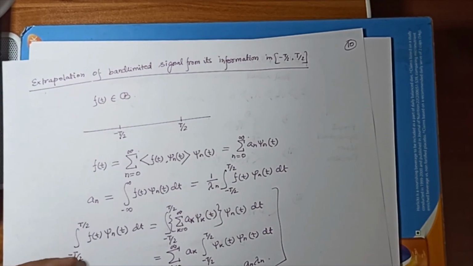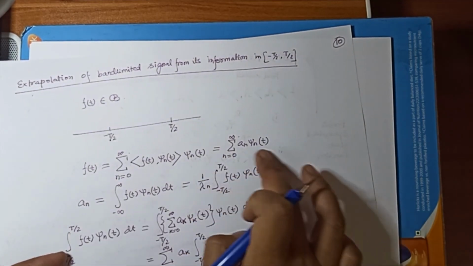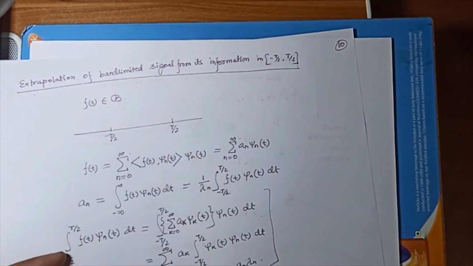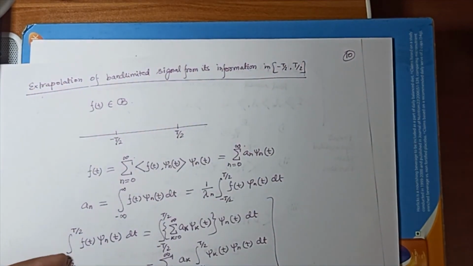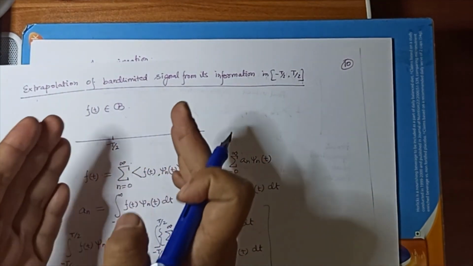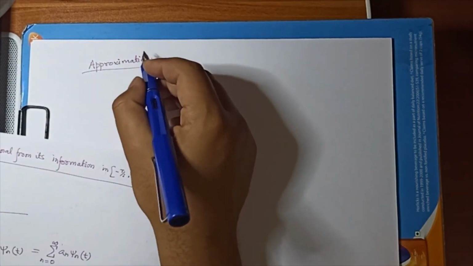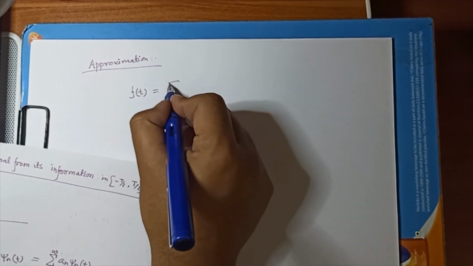So it should be for all t, and a_n you are computing in this small interval. That is the knowledge which is available, right? So your extrapolation problem is getting solved, because you do not have it outside this interval. Everything is within this. So the approximation will be f(t) as some truncation,